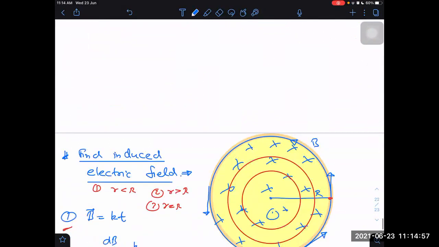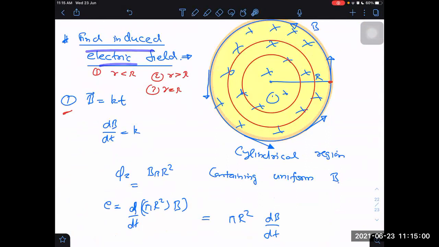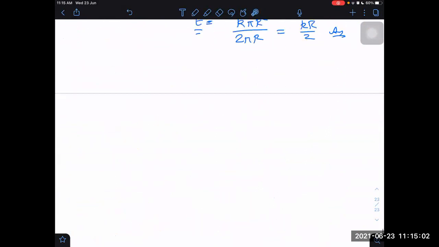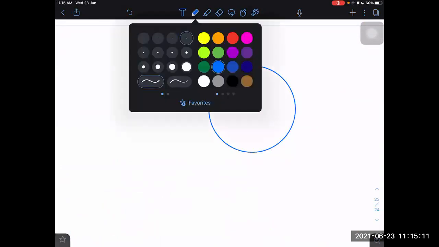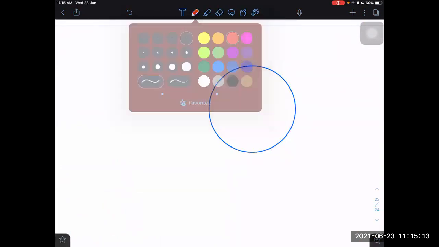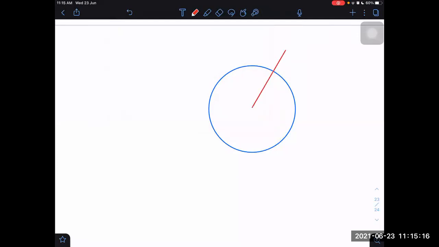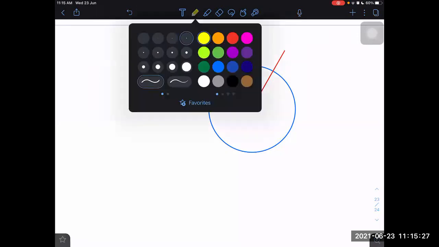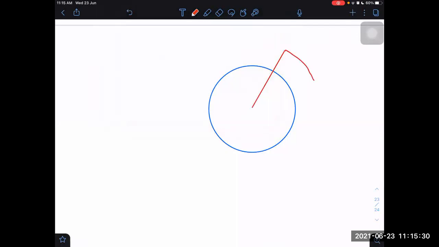And yesterday one boy was asking some questions related to the induced electric field. There was a diagram given. I will show you that diagram. By that question, you will understand the things in a better way. Okay, rather than discussing the question, why don't I discuss the concept? I will discuss the concept, and you will be able to do the question.